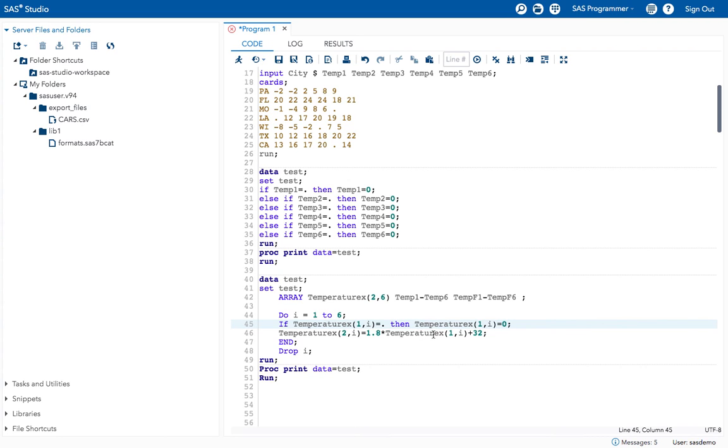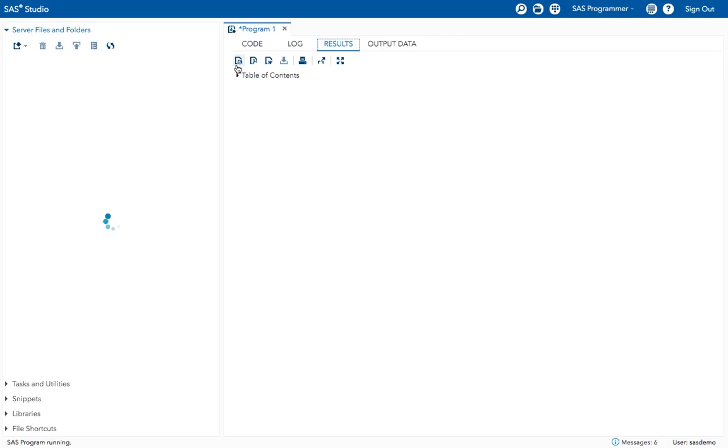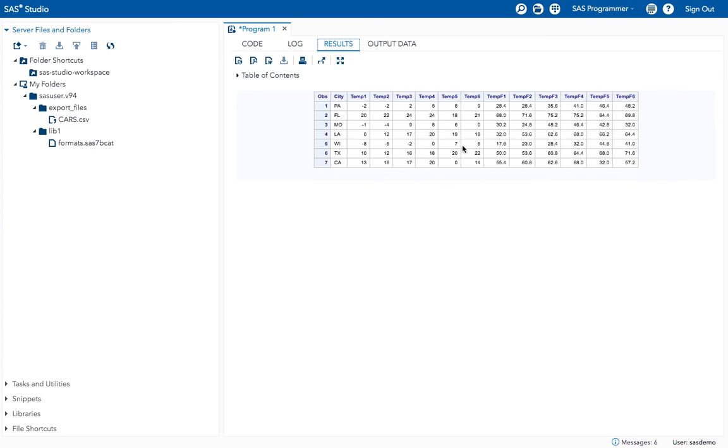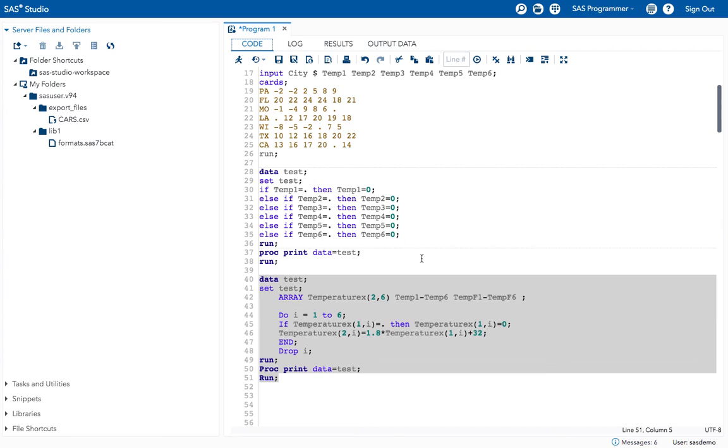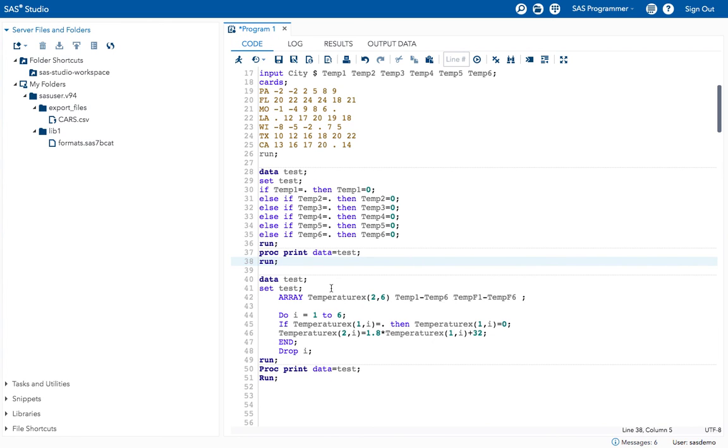Now execute the program. See, now I got new variables created with the two-dimensional array programming. So you can do it like that for multiple variables by mentioning multiple-dimensional programming here. Okay, this is about array programming.